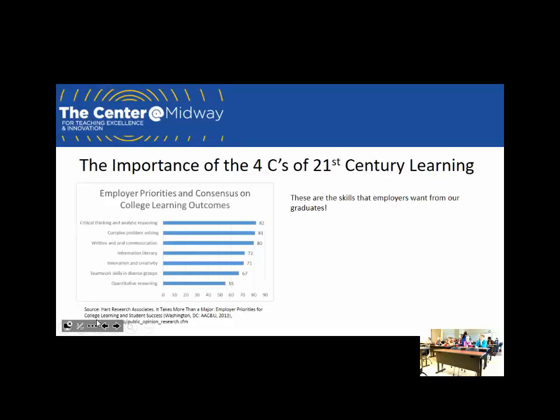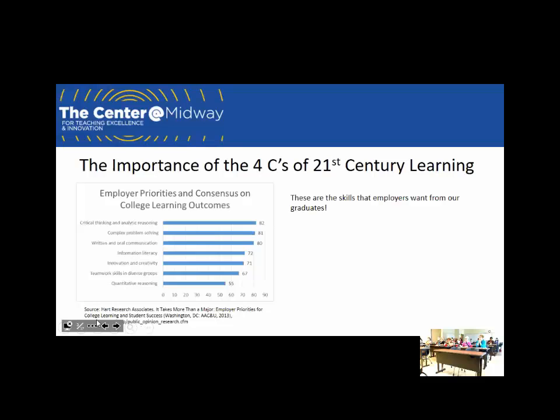Why do we care, though? Let's start with that. We say to you guys that you need to bring home to your students the importance of a topic. So why should you care about teaching critical thinking and collaboration, beyond the fact that you already know these are important things? This survey, this graph right here, comes from a